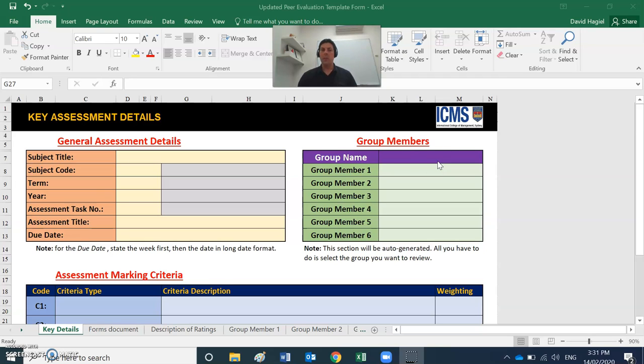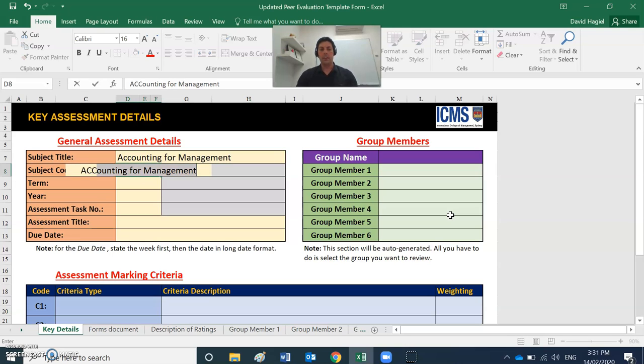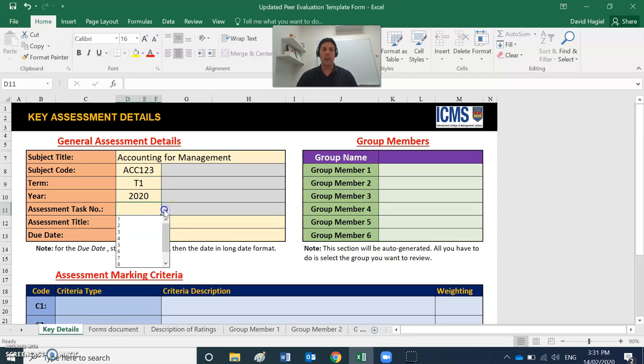So just to demonstrate how to do it, let's say for argument's sake that you have a subject called Accounting for Management. The subject code for this particular subject is ACC 123. The current term that you're doing it for is Term 1, the February trimester. It's for the year 2020, so the current year. This is the second assessment that has been administered. The actual assignment is called Group Case Study